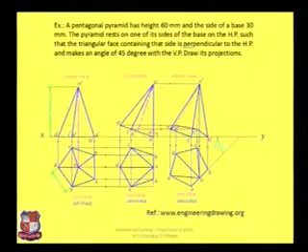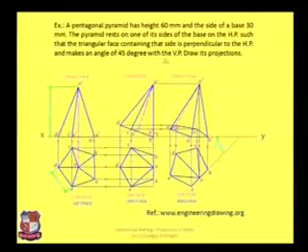Now the first step is over. The pyramid rests on one of its sides of the base on HP such that the triangular face containing that side is perpendicular to the HP. See, here this is the triangular face ABO. This triangular face is perpendicular to the horizontal plane, meaning the XY line over here. So in other words, we have to draw this line O dash, A dash, B dash such that it becomes perpendicular to the XY line, like this. Then redraw this front view, take projections, join these points, and draw its top view.